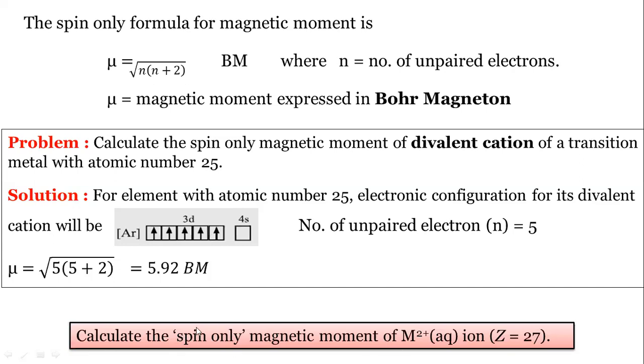One example is given: calculate the magnetic moment by using this spin only formula. This formula is also called the spin only formula, and M2+ is given. Again, it is divalent, but the number of